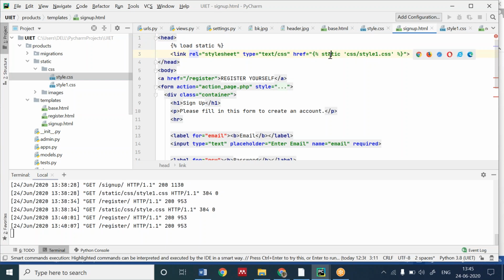Then in href I have passed the path of this. Hope it's being clear. Sarthak, Ankit, hope you got your answer, Sarthak and Ankit. Okay. Hi, Sarthak.